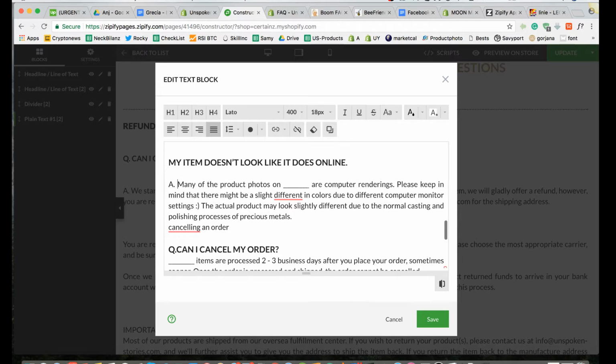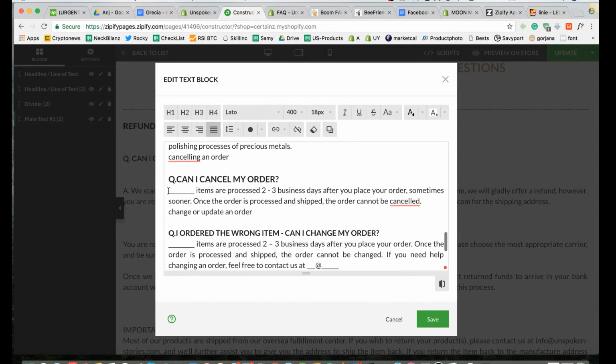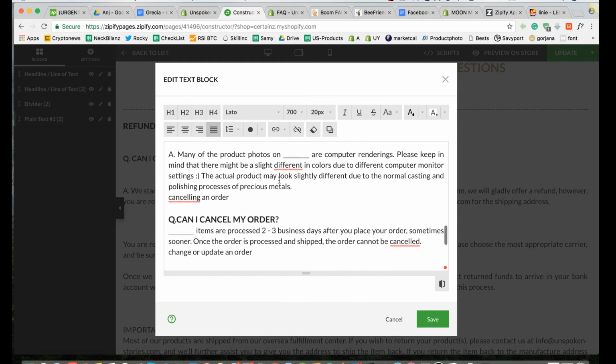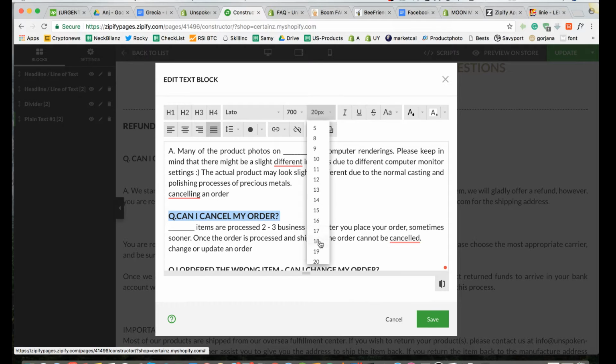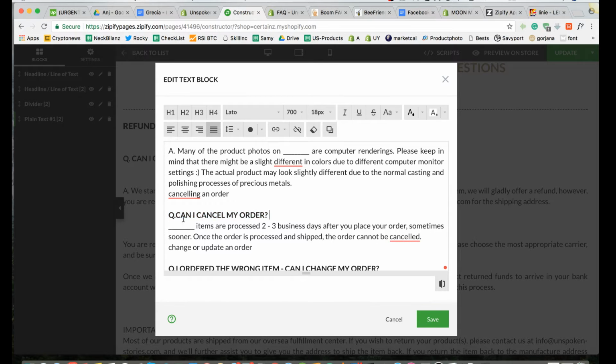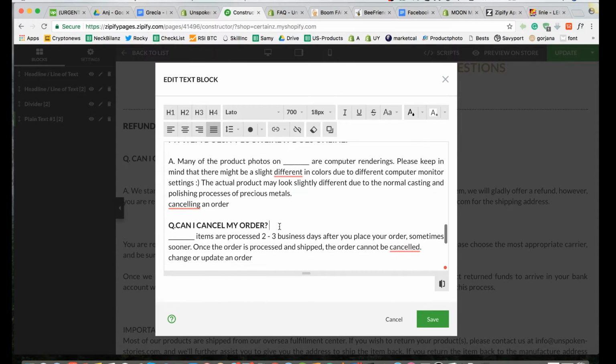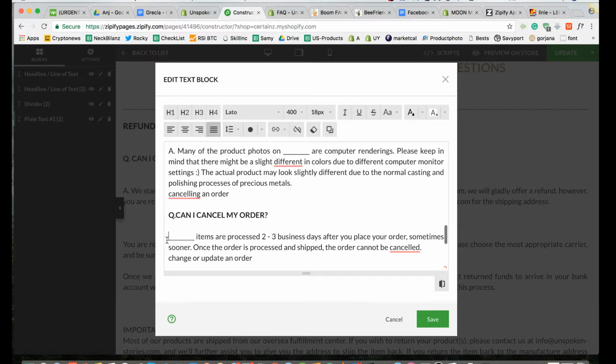A space. Okay, first of all, I can see that I think this might be too big. Yeah, that's 20. We decrease it to 18. Again, questions will always be 18. One line of space, answer,